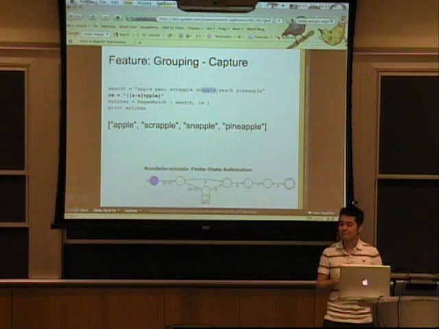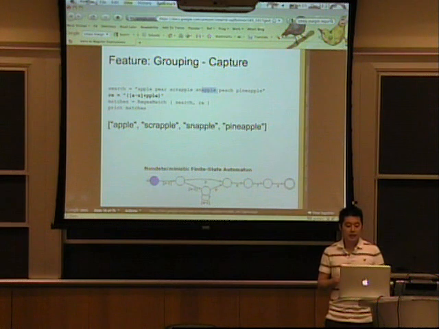Also, correct me if I'm wrong. If one of the words was Snappled, with a D at the end, would the regex find it versus the find wouldn't find it because of PPLE? It would find it, and what would happen is, I think, depending on your regex flavor, if you were